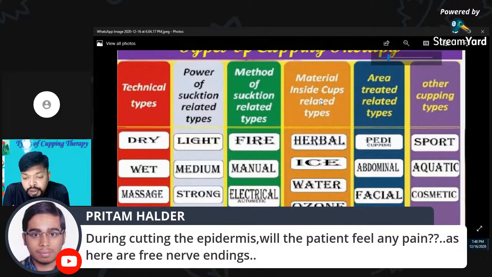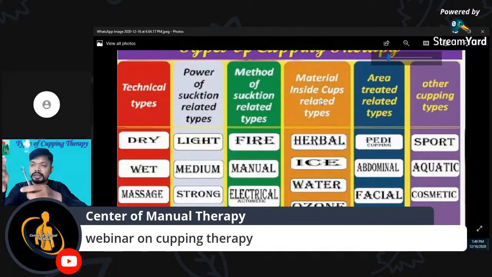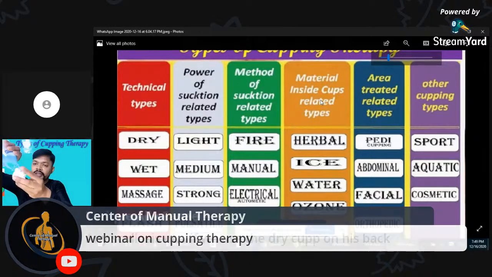If you go to another segment, that is the method of suction. The method of suction means how we can create the suction. Okay, there is fire. Fire means you have to use more than 72% alcohol. You have to soak the cotton with alcohol, and then